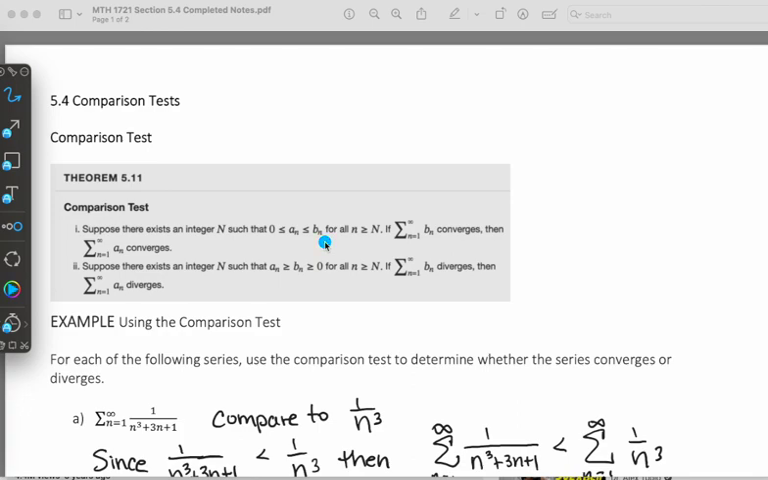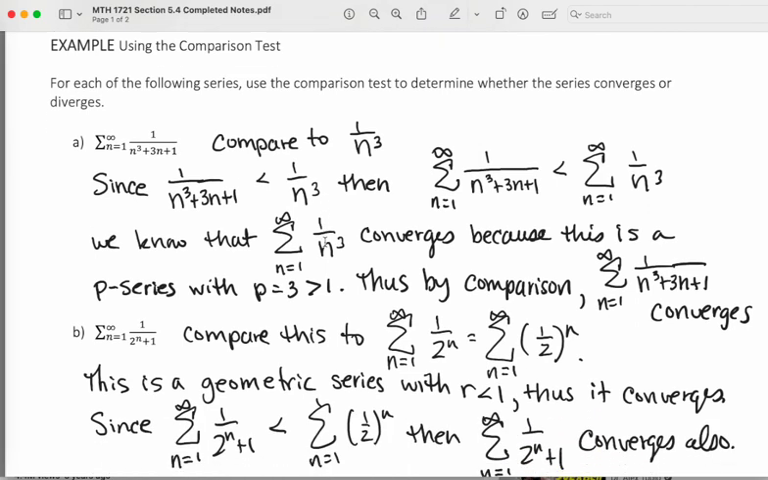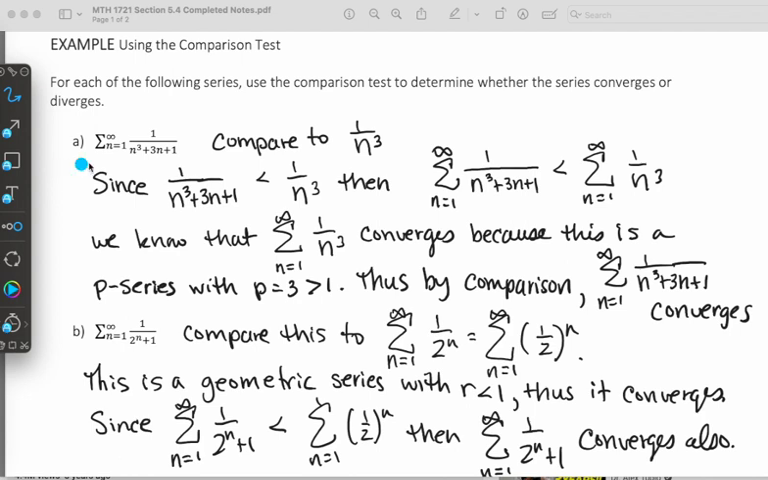So let's look at this example using the comparison test. In part A, we have the series 1 over n to the third plus 3n plus 2. Now, because this is an n to the third down here, I'm going to consider comparing it to 1 over n to the third. Usually we want to stick with geometric series and P series because those are the ones that we're familiar with. And with this P series,